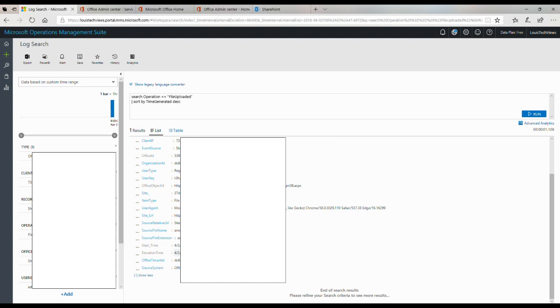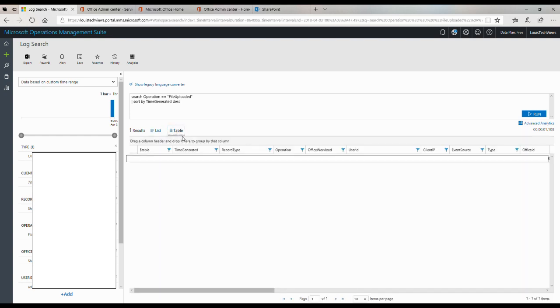Here I don't actually see the name of the file that was uploaded, but I do see that some type of activity occurred. I think this may be a randomly generated page of some type that was generated when I was uploading the file. So it looks like I don't see the detail of what file I uploaded. Maybe that's obfuscated somewhere in this data here, but obviously I don't see it at a glance. So let's go ahead, go back